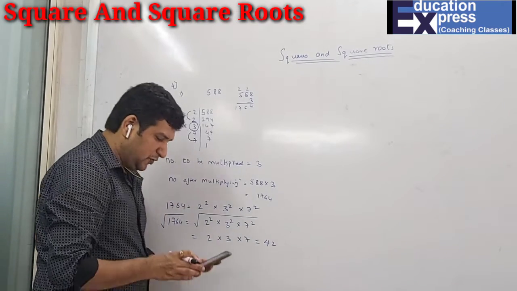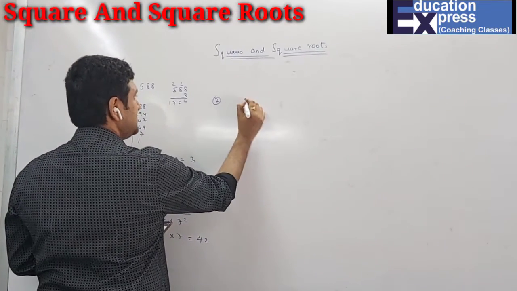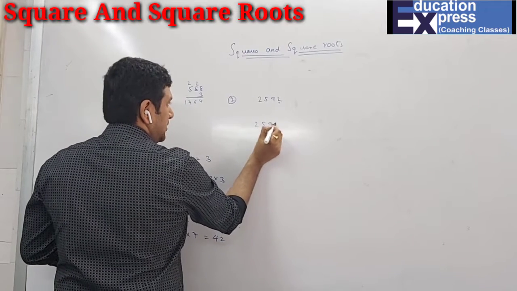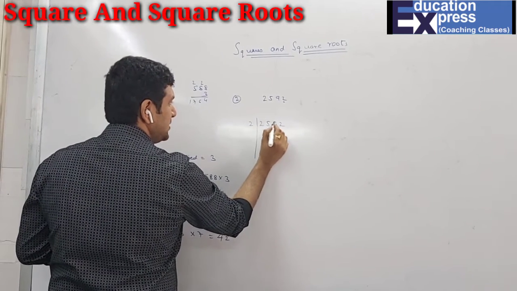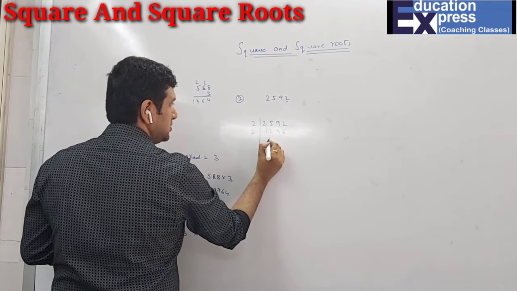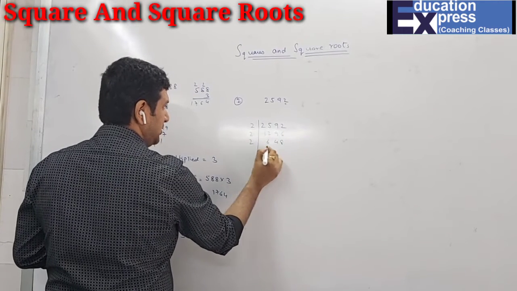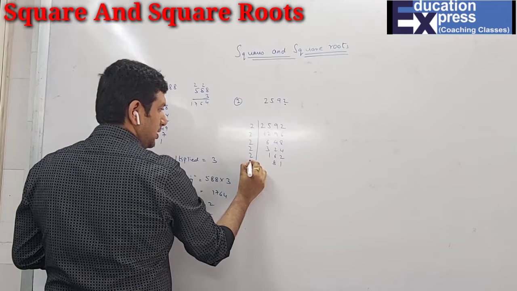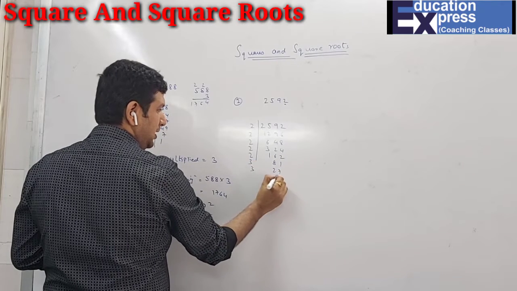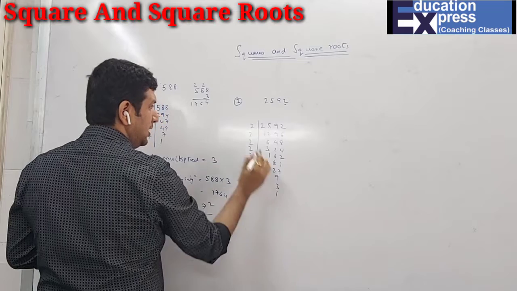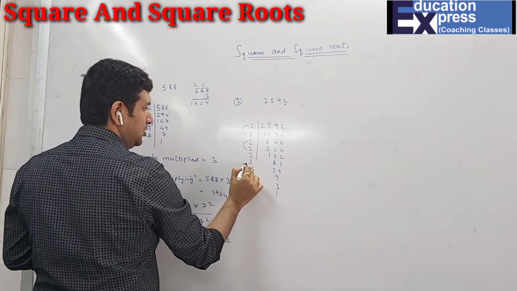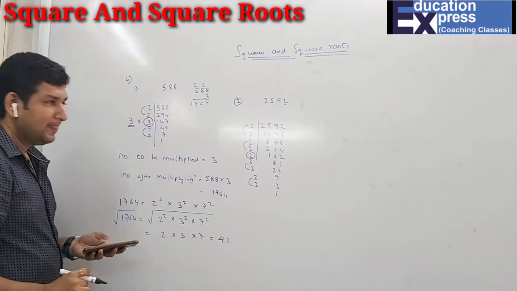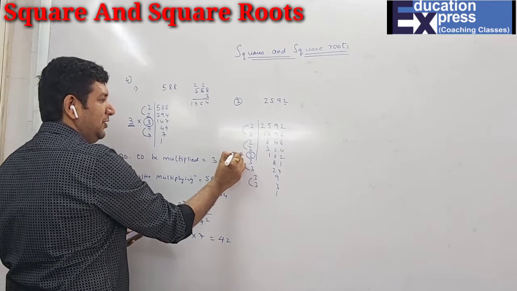Now question number 2. Again you can see it's 2592. The last digit is 2. It's not a perfect square. So 2 12s are, 2 9s are, 2 6s are, 2 6s are, 2 4s are, 2 8s are, 2 3, 2 1 6, 2 8 1, 3 27, 3 9, 3 3, 3 1. So this is 2 square, 2 square, 3 square, 3 square. That means this number 2 is left without the square. So same thing, the number to be multiplied will be 2.